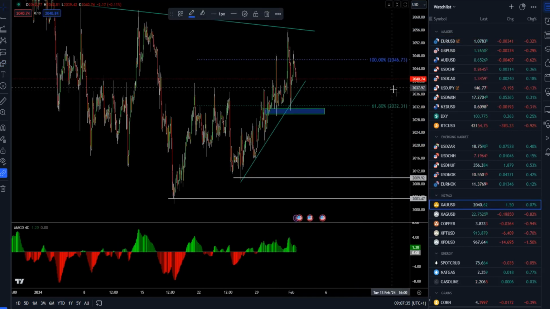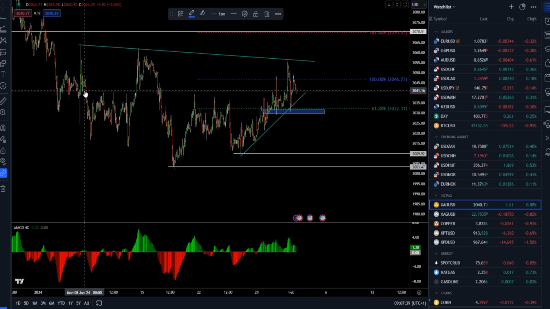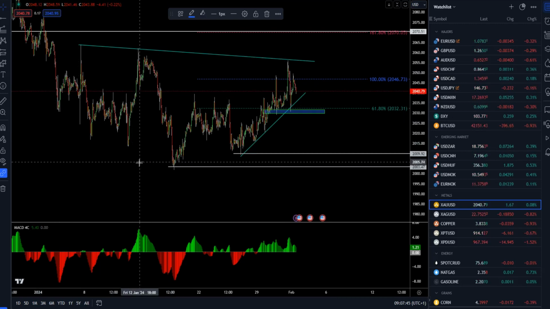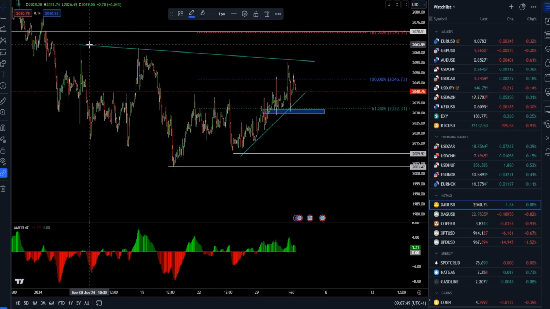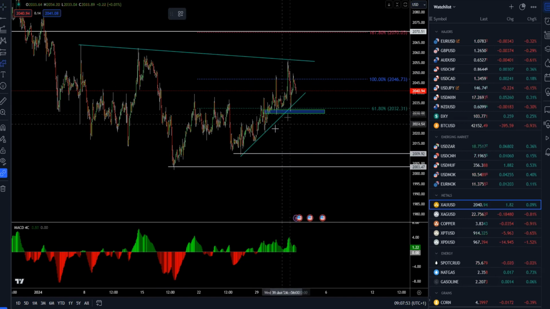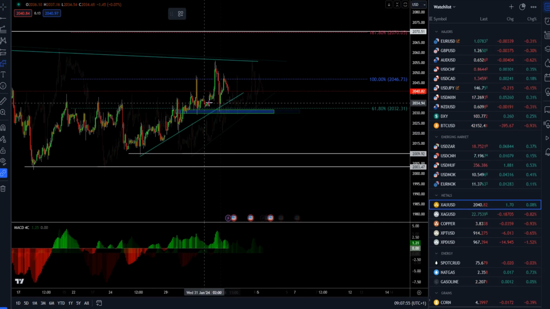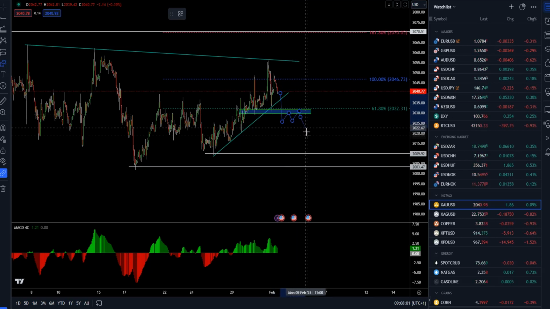If we speak about the gold market, gold market is still in the consolidation, and it's in consolidation almost for the whole year so far. We can see market is trading in some defined range, and we have support around 2000 mark and resistance around the 2065 mark. At this point, market is still holding this rising trend line, but in case of the downside breakout and the market can trade below 2027 and hold below,